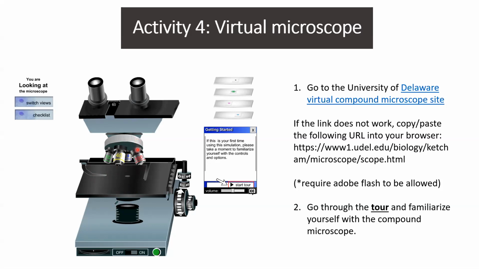Then you're going to want to look at the eyepieces and make sure you adjust those to your face. When you look at the eyepieces and you see two circles, like a circle here and a circle here, you will need to adjust those and bring those in closer until you get one circle. Once that is adjusted to properly fit your face, you should already have it at 4x, but make sure your